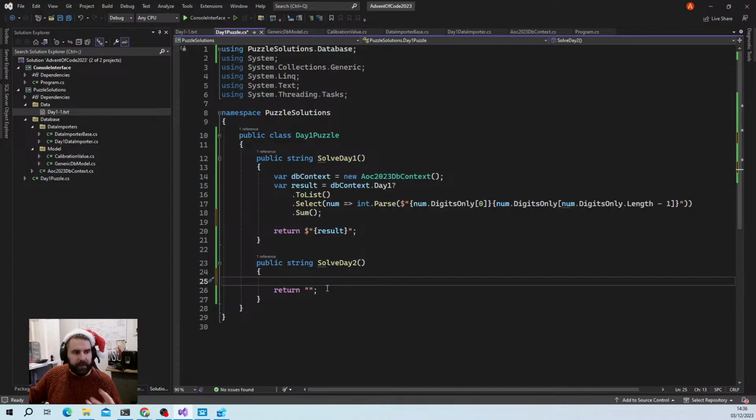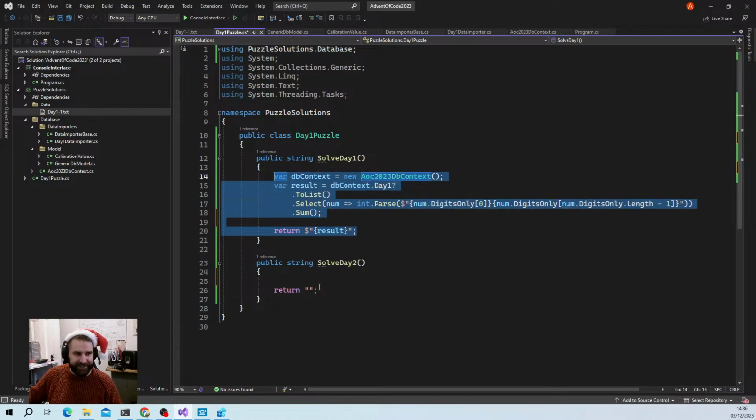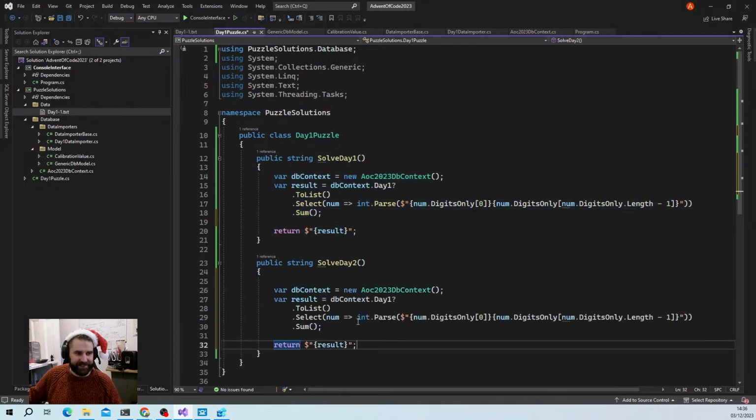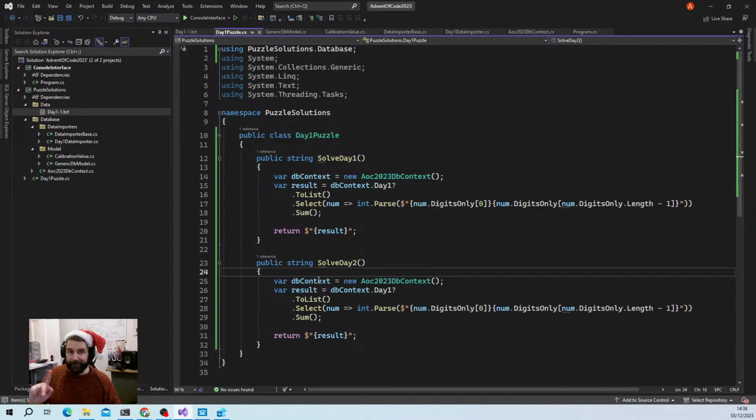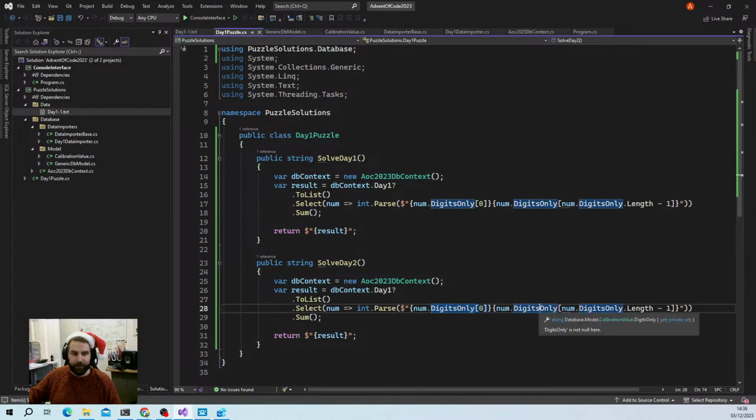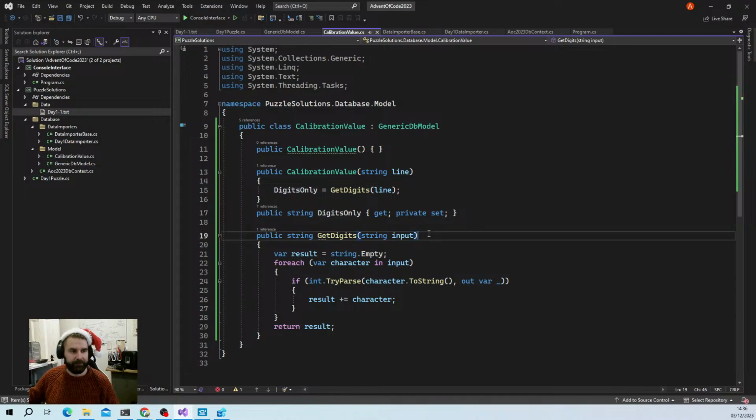So for solving day 2, it kind of seems criminal, but I'm just going to copy this and paste it in to solve day 2. As far as I'm concerned, solve day 2 is going to be exactly the same as solve day 1, because we're just going to prepare the data in a different way. Actually, the only thing we're going to do is change what property we access here. Digits only. It's not going to be digits only. We're going to jump into calibration value. We're going to